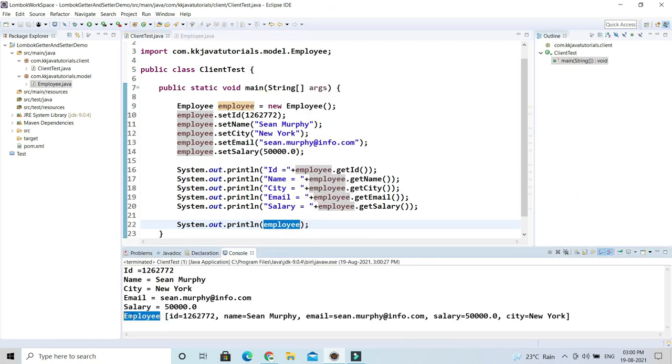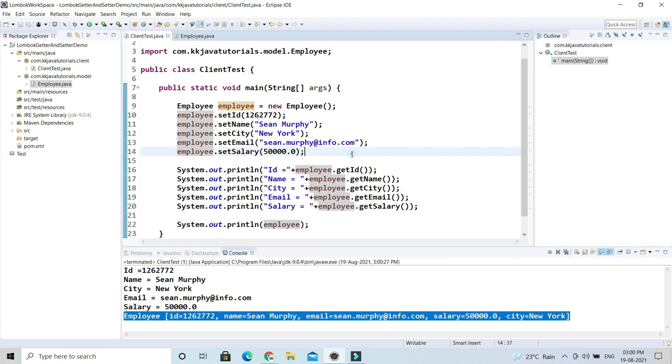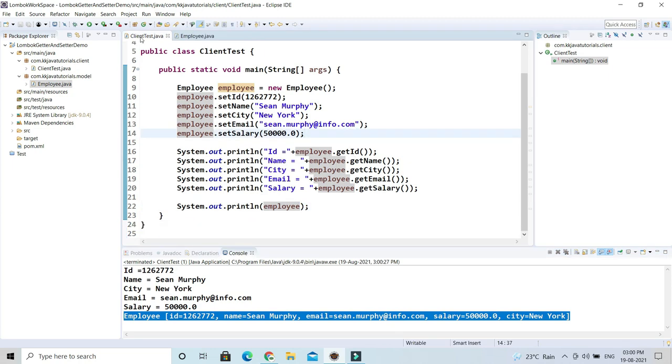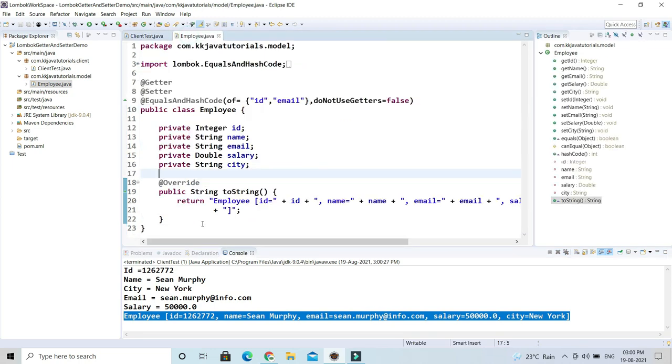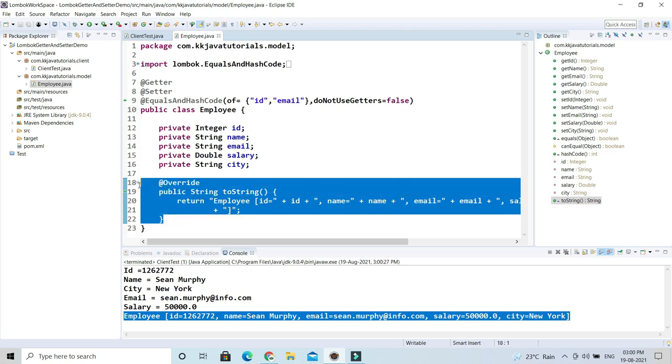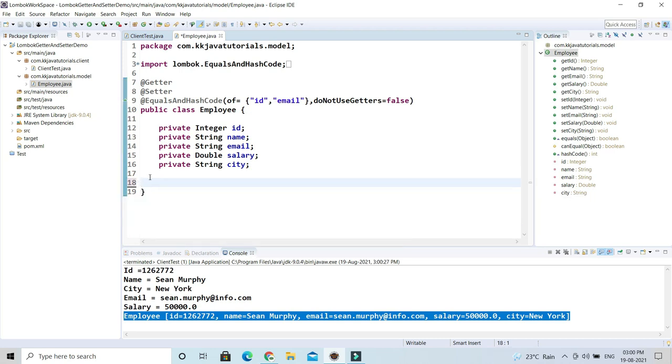So this is the class name, then a square bracket starts and closes, and between them is the value for every attribute, like id equals whatever the id value is, name equals whatever the name value is. So that is printing in a nice format. But the thing is, if your model class has a lot of attributes, then overriding these methods will be duplicate code across all your entity classes.